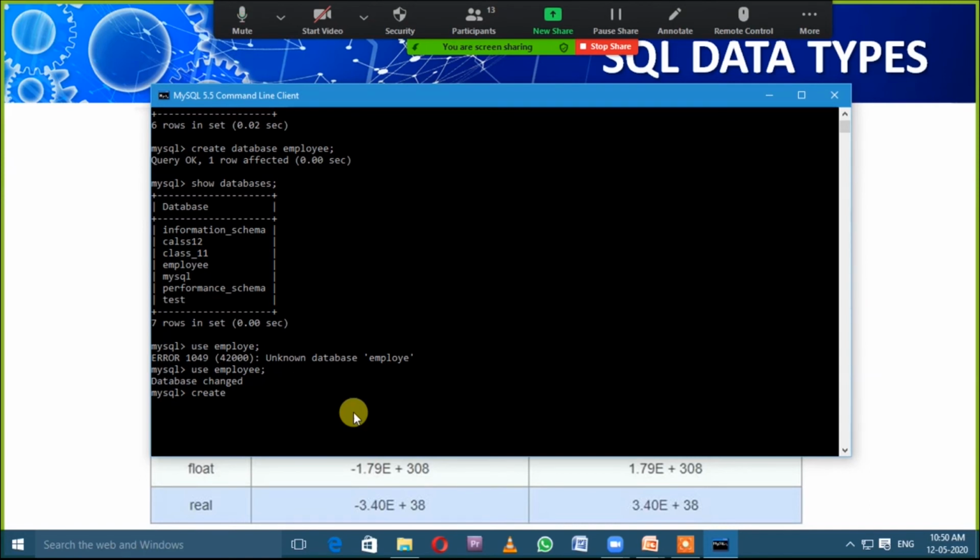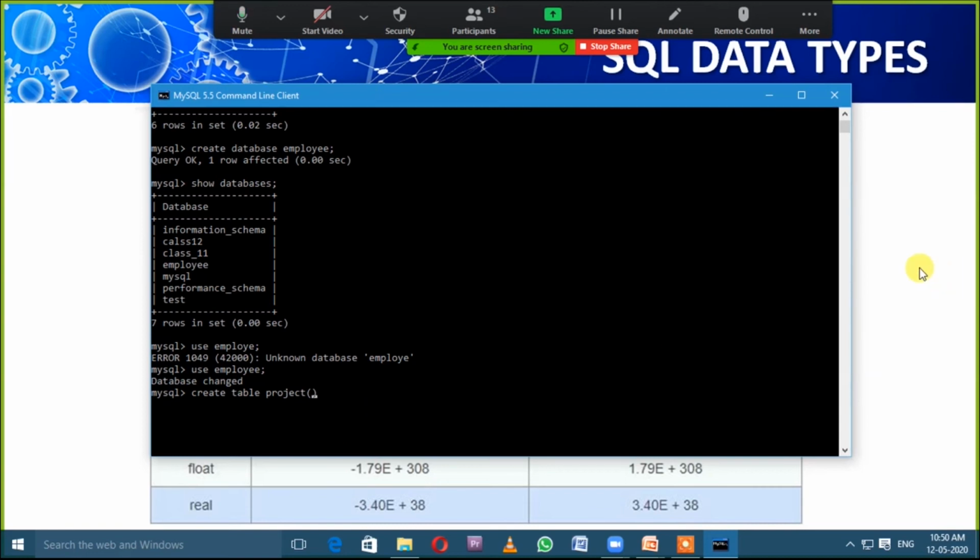Create, then table keyword. These both are keywords. Create table, after that the table name. I want to create the project table here in the employee database. After that, we use small braces to define the columns.